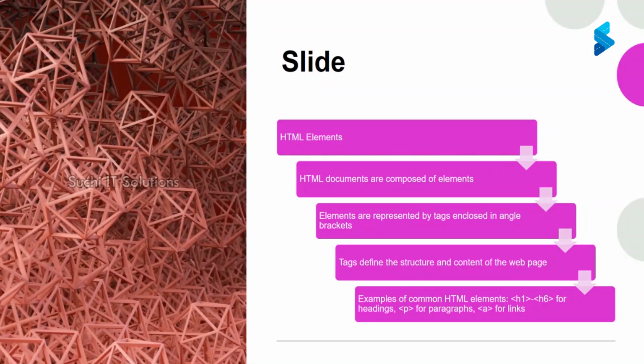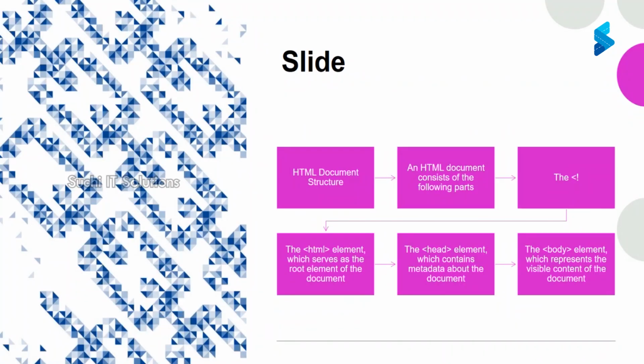At the HTML level, we use different kinds of elements. Element here means HTML tags. Once I open a document, we will see how HTML documents are composed of different elements, how we use the angle brackets, meaning less than or greater than, what kinds of tags are available, and how we define the elements. Sometimes people call them elements, sometimes HTML tags. How to define them, we will discuss. So once you understand the HTML document structure,